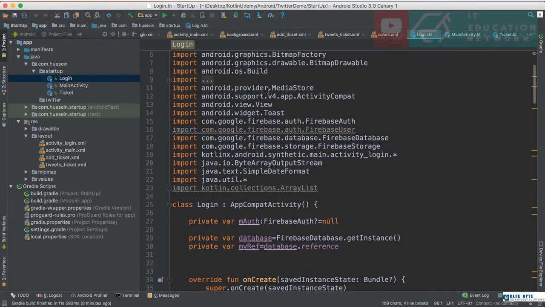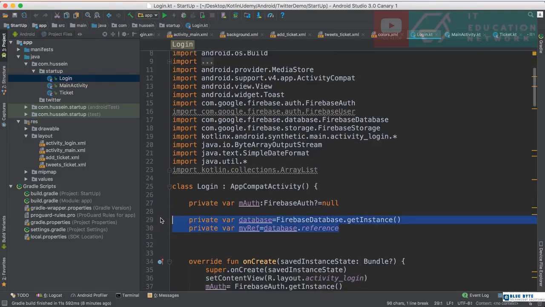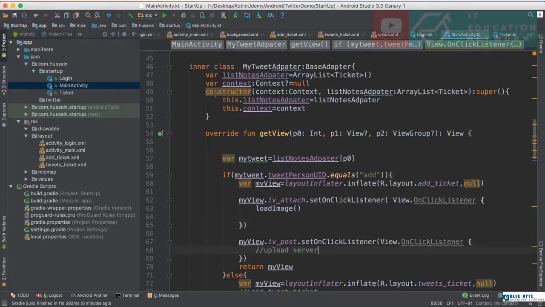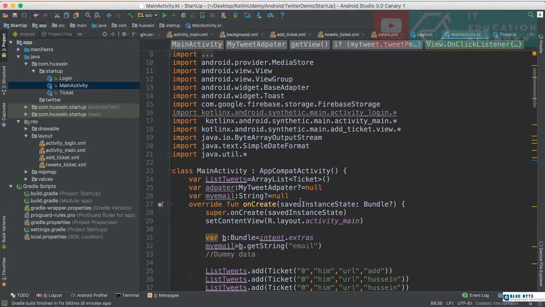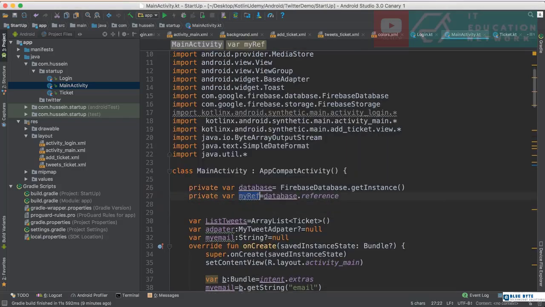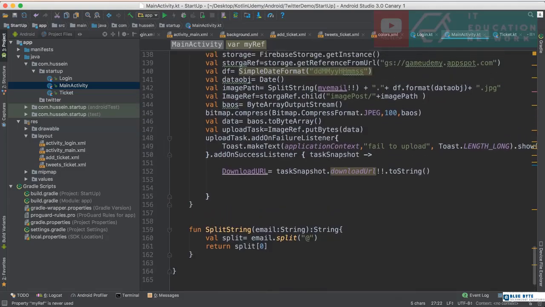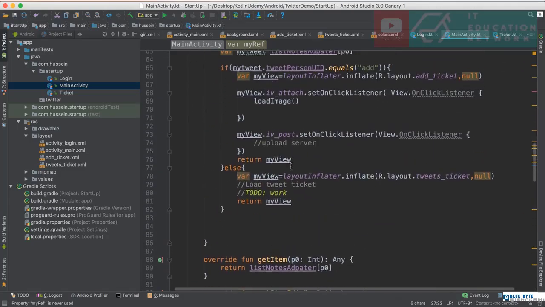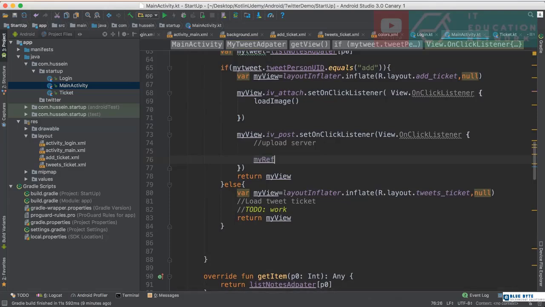You know how we do that. First of all, we need to have an instance from the Firebase, same as we have in the login. So copy that line, go back here and copy these lines for instance from the server, which is Firebase server, database server. So in the database, I would say here in my post, I say, hey, data my reference dot child, add child. Inside it, add something named posts. Okay, have information about the user posts. This one, add the child for it, which is